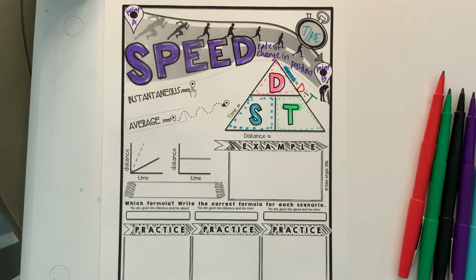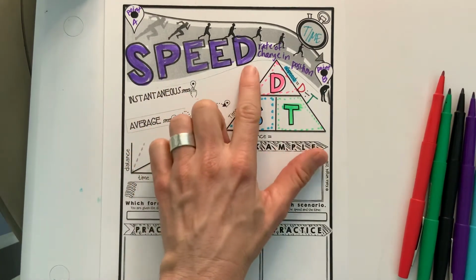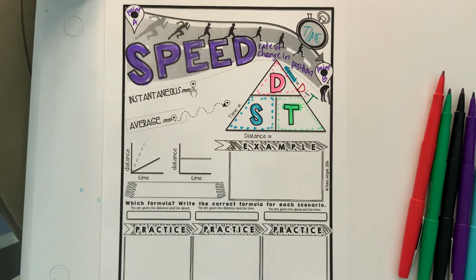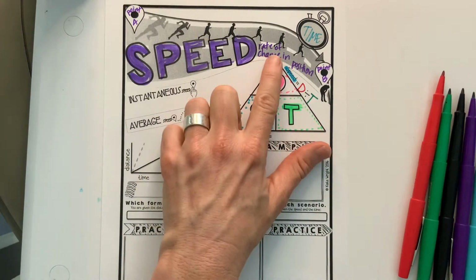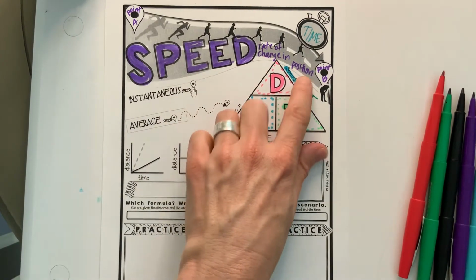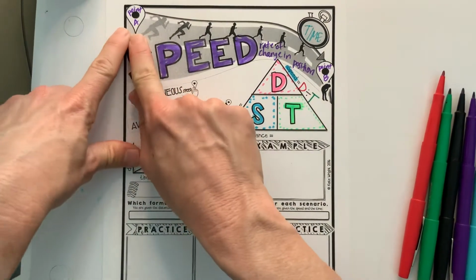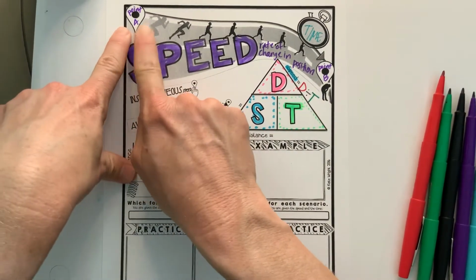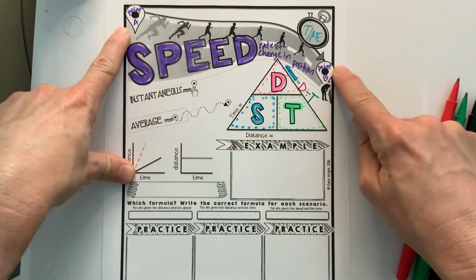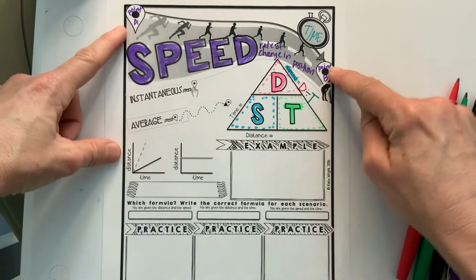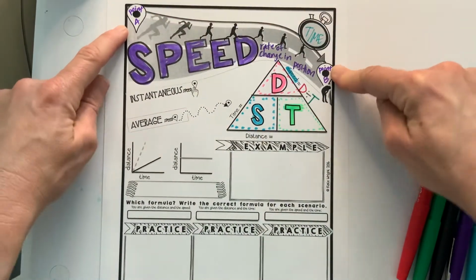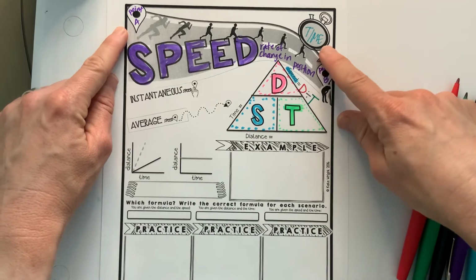In this video, we are going to be exploring speed. So speed is a special type of rate where you are calculating the rate of change in position. So for example, you're starting at point A. How long does it take you to get to point B? Your speed is then calculated by taking that distance and dividing it by the amount of time it takes you